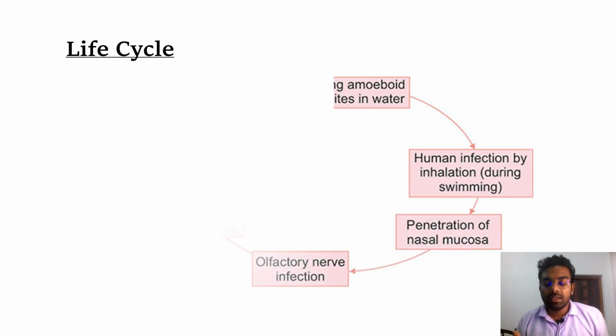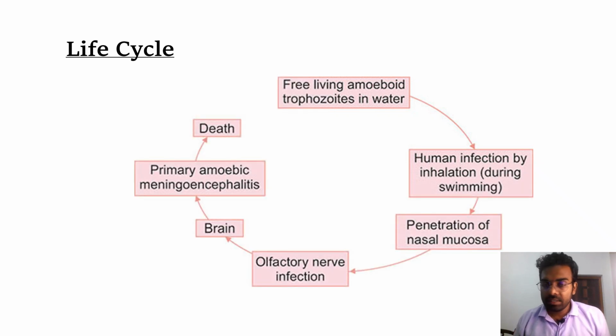This free-living amoeba, how does it enter our body and how does it cause the pathology that we heard so much about? Let's see the life cycle. Just as I told, this free-living amoeba lives in fresh warm water bodies. When we do some activities like swimming, water sports, etc.,